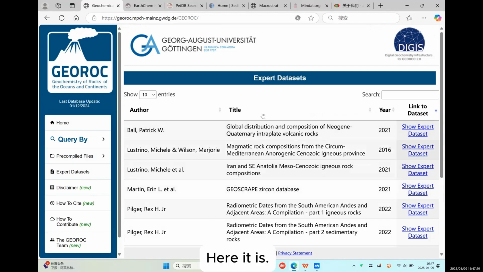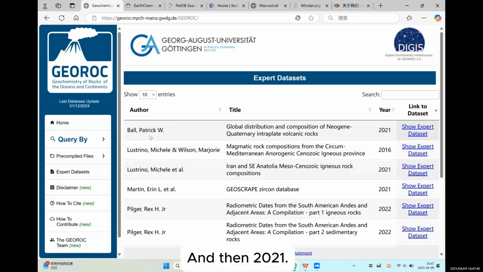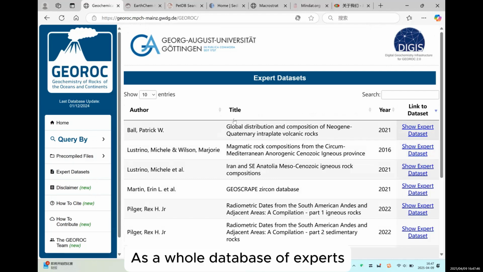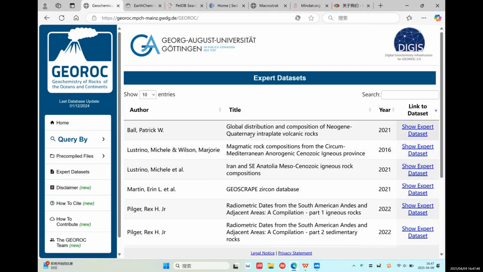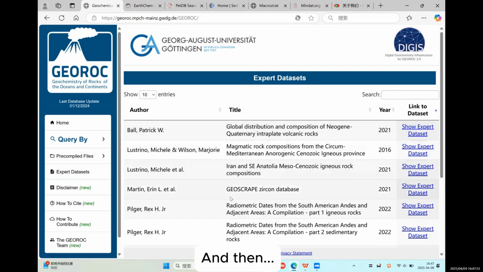Here it is. Global 1. Some analysis of the data of igneous rocks, and then a 2021 piece of data from this published article, as a whole database of experts. The data for this article is located here, and then,